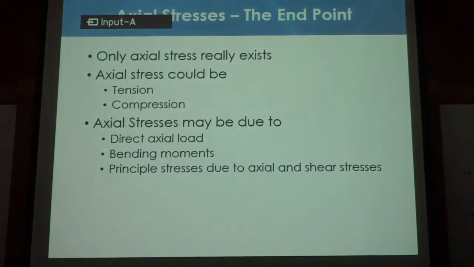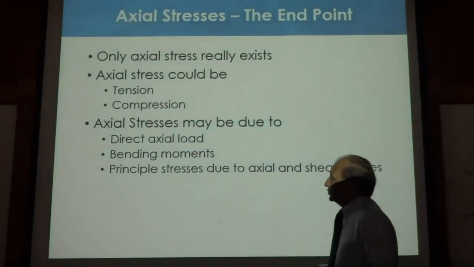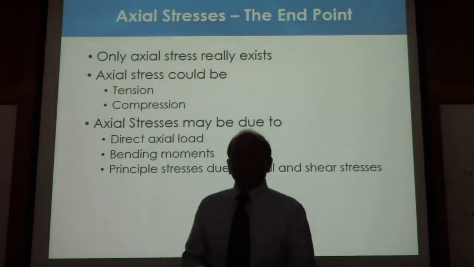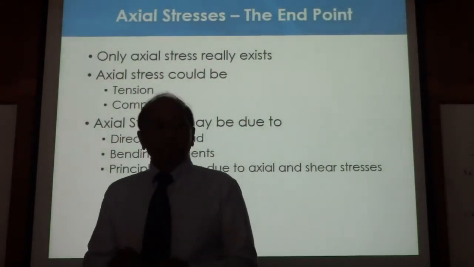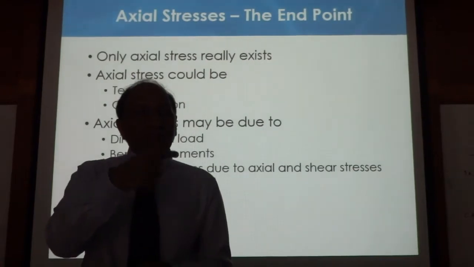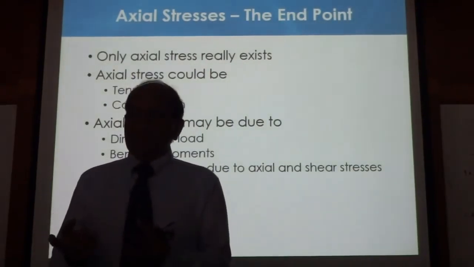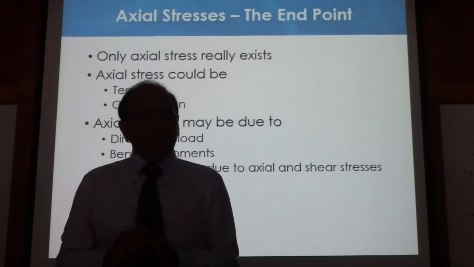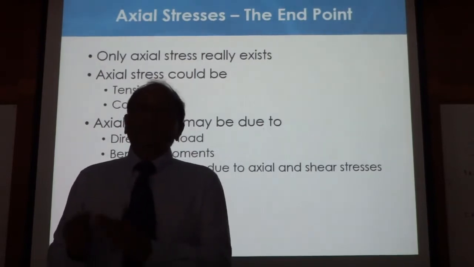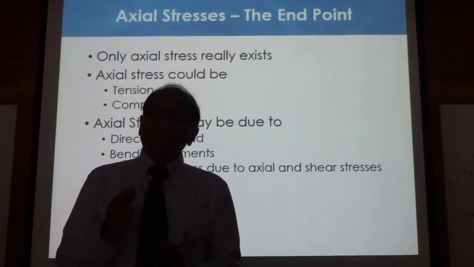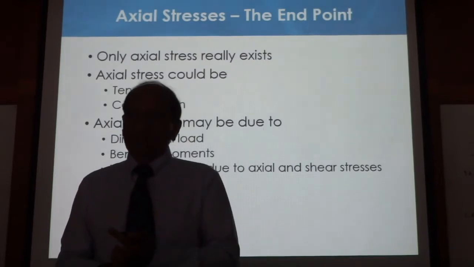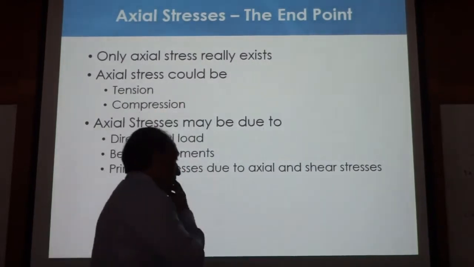Okay, so we were saying that finally, we only deal with direct tension, direct axial stress, either tension or compression, right? Because shear produces tension and compression from the principal stresses. So if we come to that conclusion, that means we come back to the truss, because a truss has only compression and tension, correct? It has no shear.